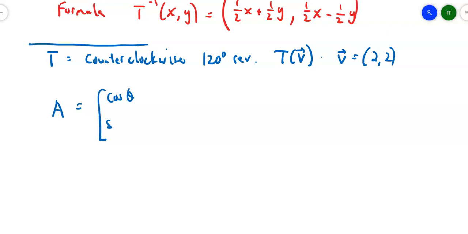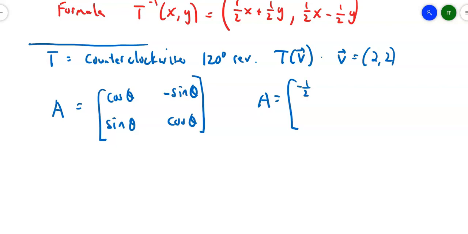We start with cosine theta, sine theta in the first column, and then it becomes negative sine theta, cosine theta in the second column. So if I apply it to a 120-degree revolution, that'll give me the cosine of 120 degrees. So the cosine of 120 degrees, 2 pi over 3 radians, is negative 1/2. Negative sine of 120 will give me negative root 3 over 2. Then the sine of 120 will just give me the positive version, positive root 3 over 2,